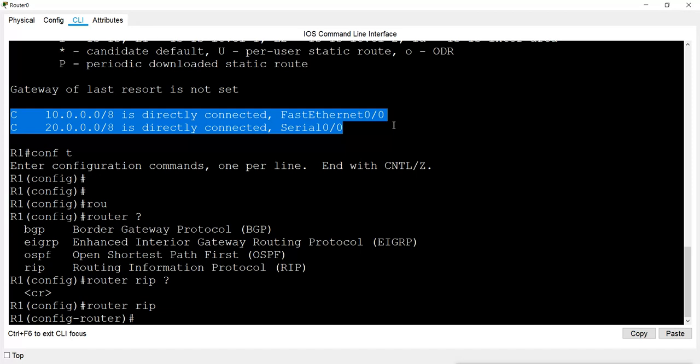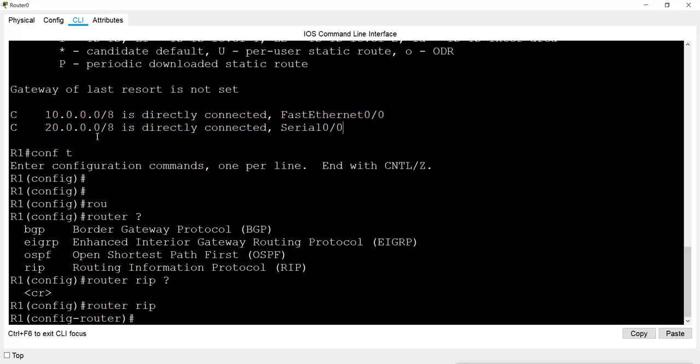But because we are configuring dynamic routing and using the RIP protocol, we don't need to configure all the other networks. What we need to configure here is only the connected networks. That means we mention only the networks connected to this router, Router 1.